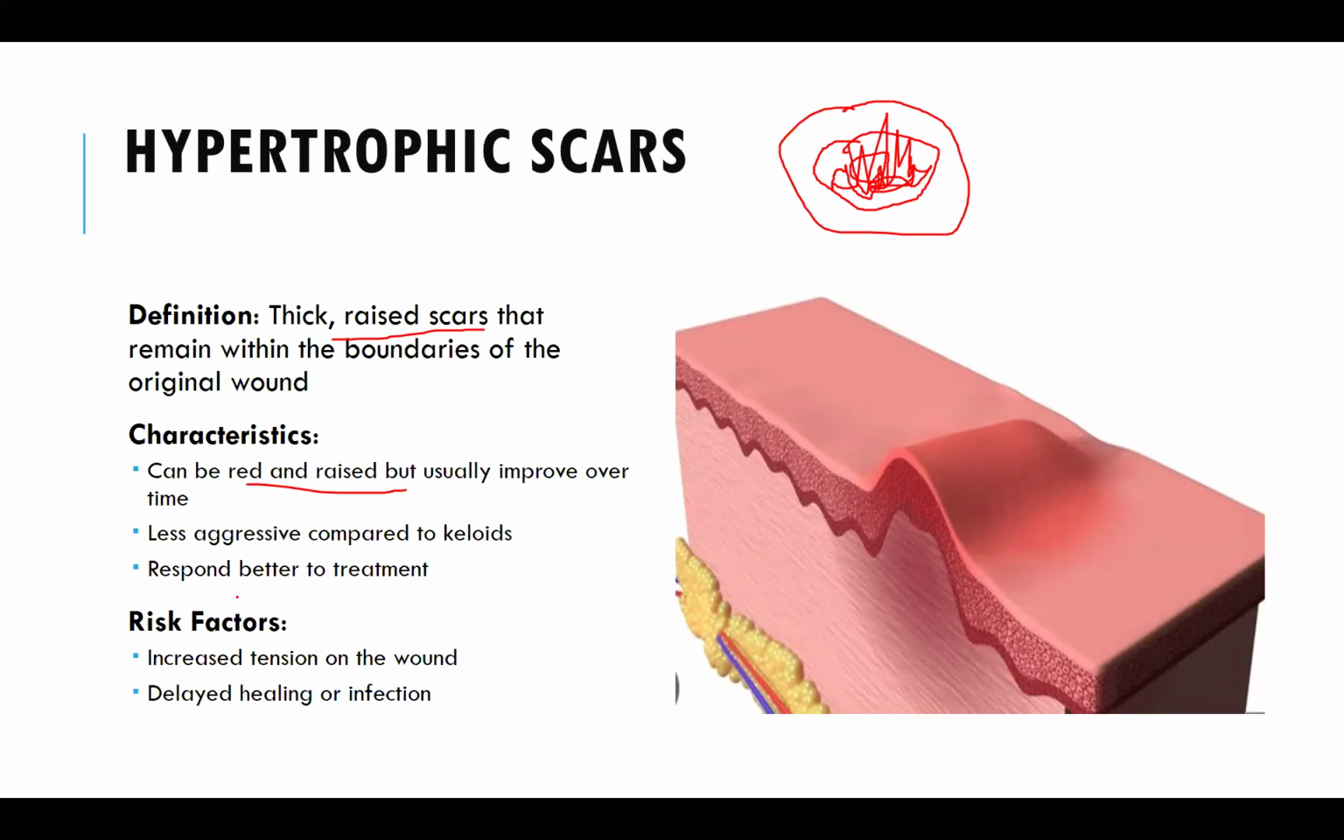And usually, in this case, we see red raised plaques, but usually they improve with time. These plaques improve with time, and are less aggressive as compared to keloids, and they respond better to treatment. The big risk factor in this case is increased tension on the wound, and then delayed healing and infection, and they are very common to see on areas where you have tension. For example, if you get a wound over the elbow,